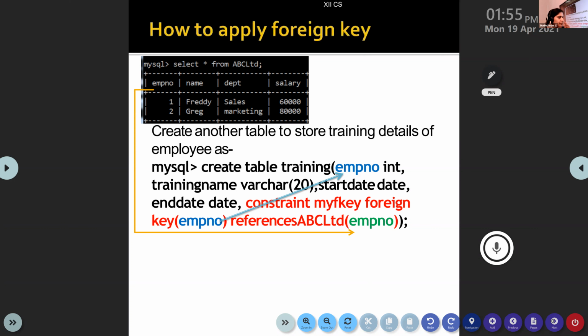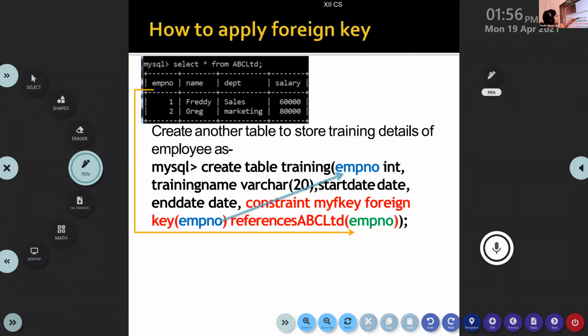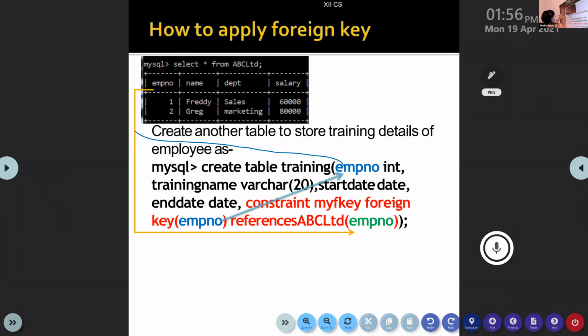This is a foreign key coming from ABC Limited. EMPNO is coming from ABC Limited to training.